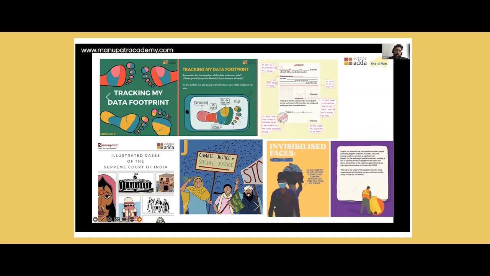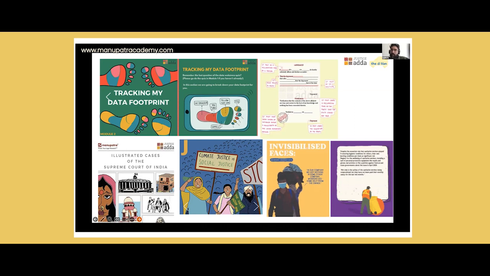Drawing from the work at Justice Adda, I want to give you some examples of what we have done. For instance, some of you may have seen the project that we did with Manupatra several years ago, which is the case drawing project, where we were interested in looking at how the Supreme Court of India writes its cases, and whether we can produce these cases in a language that people can access easily. For this, the illustrated cases of the Supreme Court look at some of the facts of the case, the key questions of law, and what the court has decided, using both plain language as well as illustrations to make this a demystified way of thinking about the law.